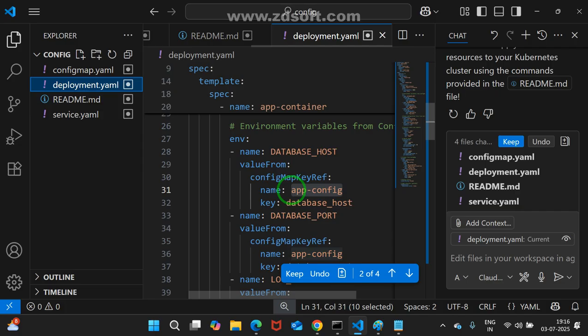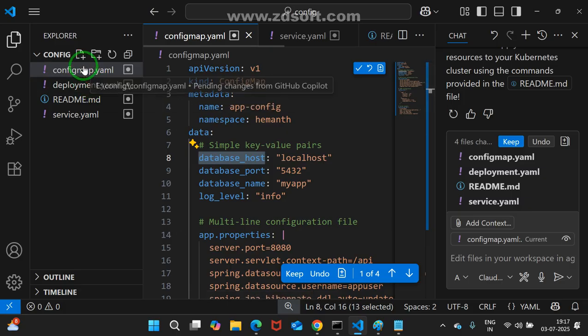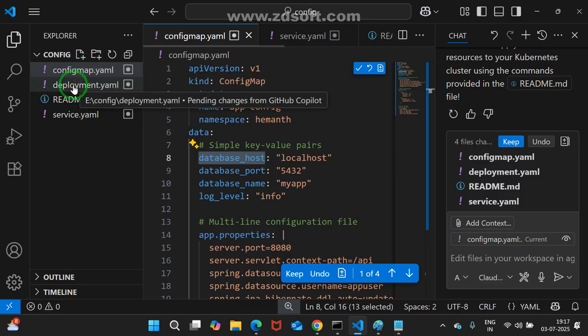Again, I am communicating with you. What is it representing? Our required data. What is the required data? See, database host is the key. Are you able to understand? Somewhere database host is there. This database host key, where is it available? Please respond. App config. Within the app config. Again, I am showing you the config map. See, database host. Somewhere database host is there. This is the key. Is it okay for you? It is the name. Yes, sir. See, now please respond. Deployment is communicating with the config map. Config map is communicating with the deployment. Quick response.